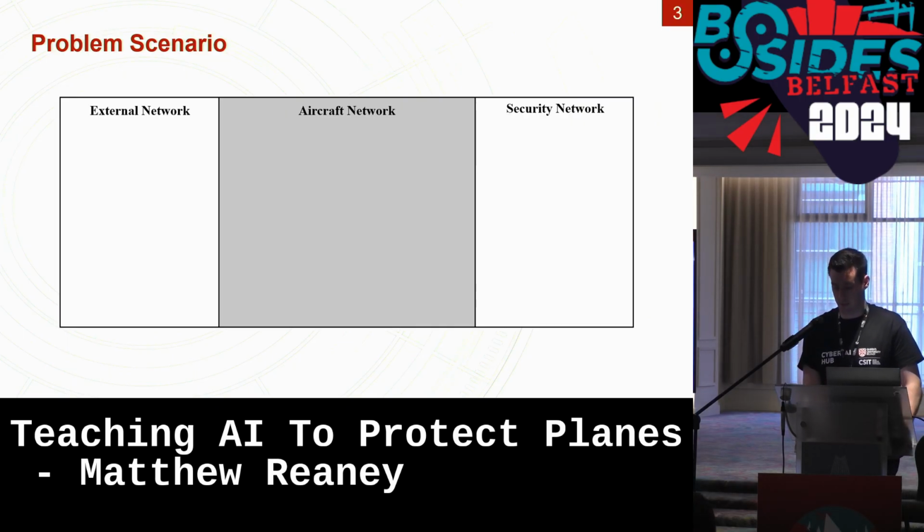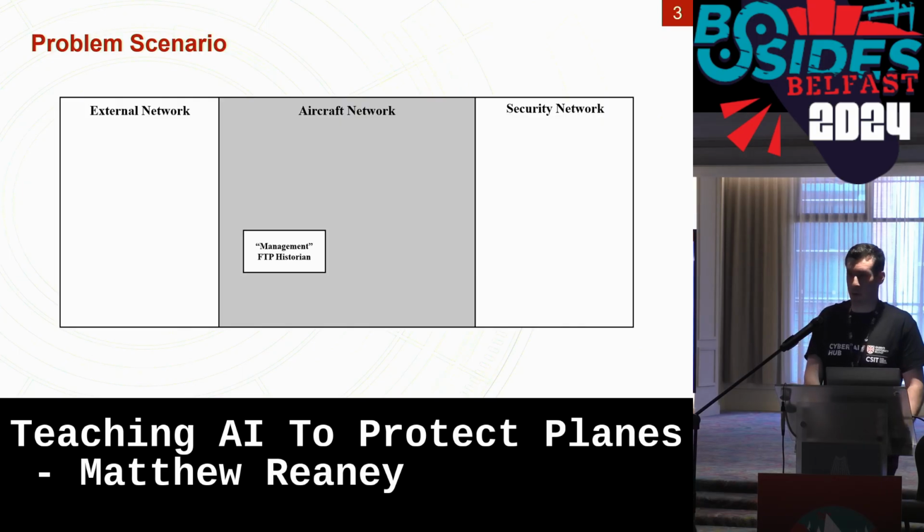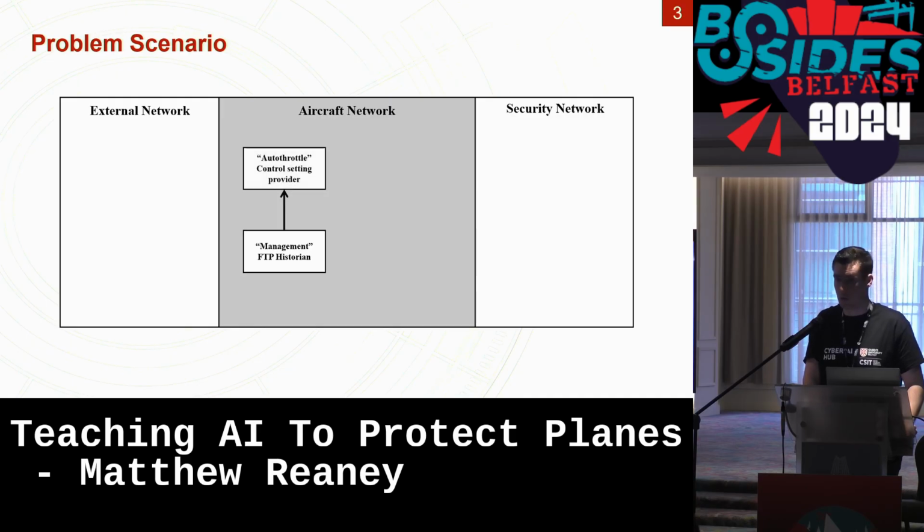So my particular problem scenario: I've collaborated with Rolls-Royce. It was going on a bit before I started, but I came onto the project and had various meetings about the various bits and pieces that would make up an aircraft network. So the first part we have is like a historian that's called the management, just logging all of the communications. And then we have an auto throttle, which is kind of like the brain or the calculator, taking in lots of data and then telling the computer, the plane, what to do: speed up, slow down.